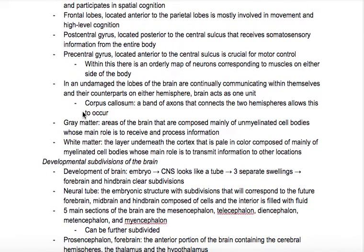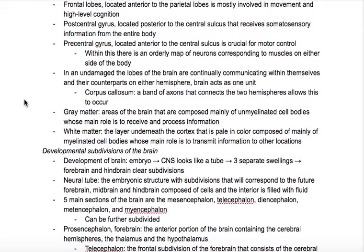Then, visually, there is gray matter and white matter within the brain, spanning all the regions of the brain, especially in the cerebral cortex. The gray matter are areas of the brain that are composed mainly of unmyelinated cell bodies, and their main role is to receive and process information. They're darker in color than the white matter, which is covered with myelin, a fatty tissue. So it has a pale color, lies underneath the cortex, and its main role is to transmit information